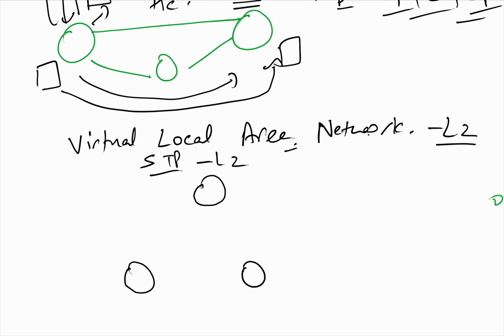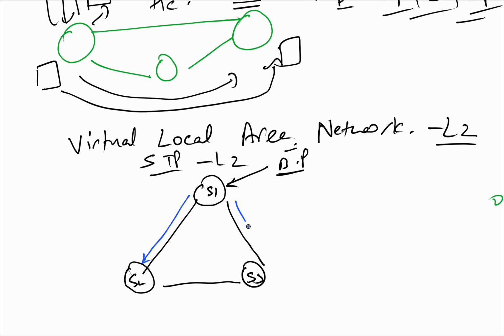With redundant paths, loops can cause broadcast storms. So, for example, these are three switches, S1, S2, S3. Now, a switch gets a broadcast packet. The switch sends it through both interfaces. S2 will send it again to S3, S3 will send it again to S1, and then this loop continues, because each switch keeps throwing it out of its interfaces. This causes a loop.